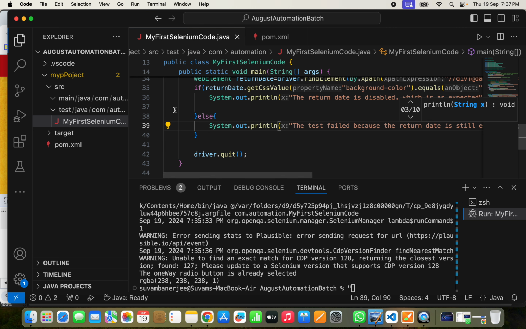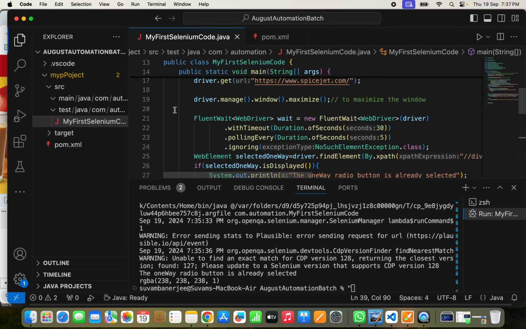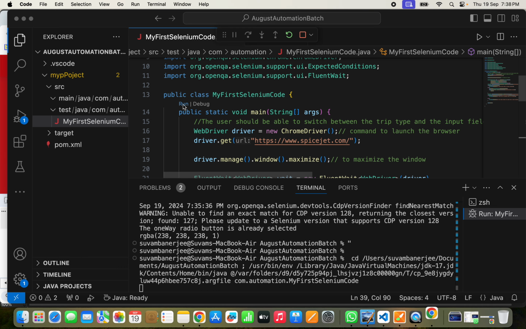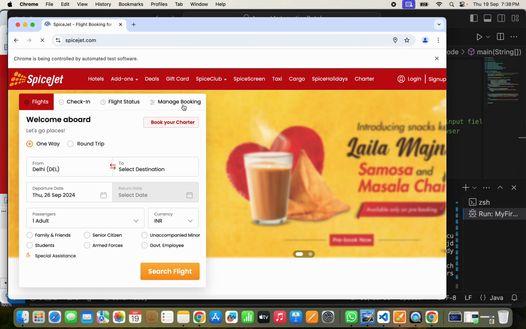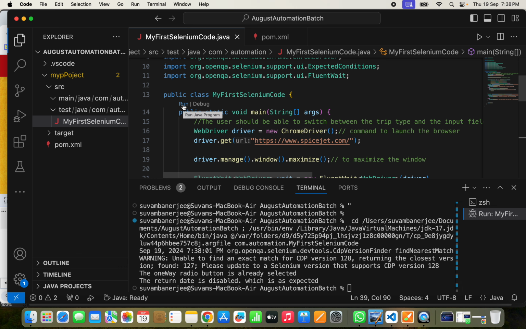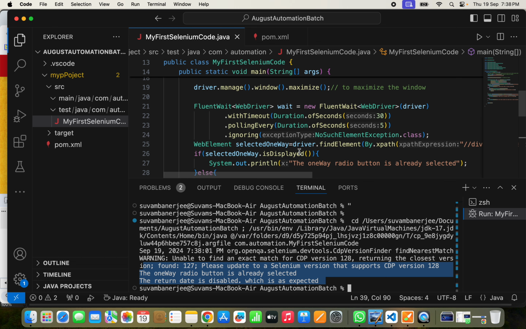Now if you run it, correct, the return date is disabled, which is as expected. So this is how we write the automation script, not inside the main method,